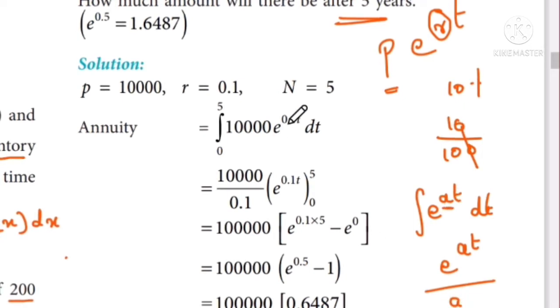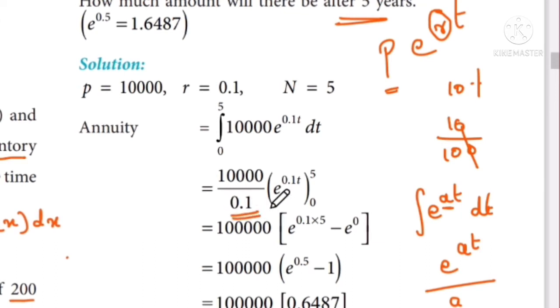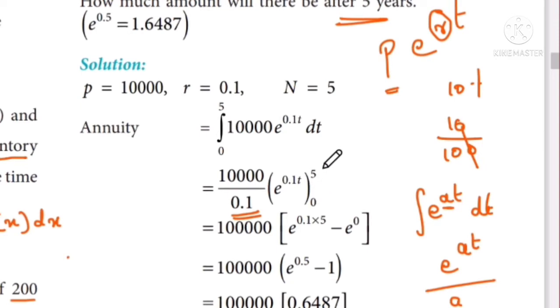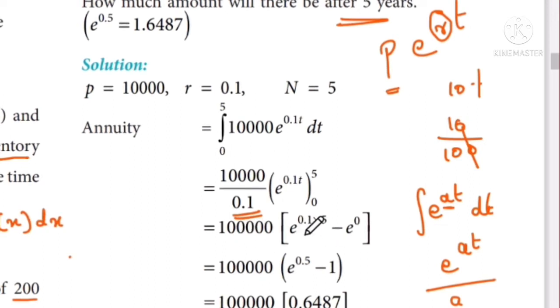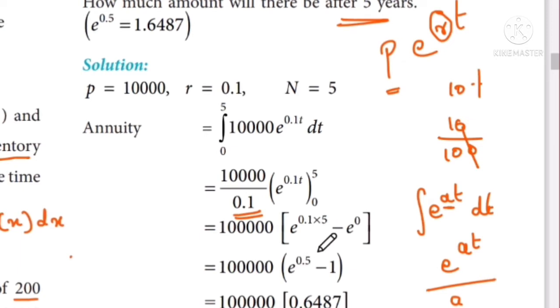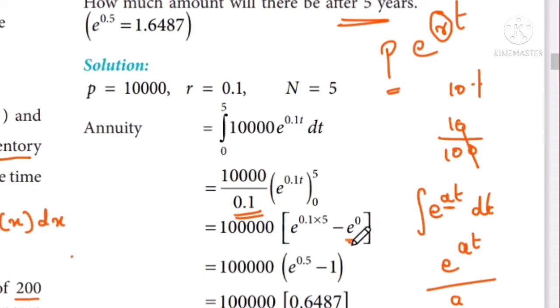So e power 0.1t divided by 0.1, and the limit is from 0 to 5. So apply the upper limit first. This is 10,000 by 0.1, add one more 0, it will become 1 lakh. e power 0.1 into 5 is 0.5, minus the lower limit e power 0. e power 0 value is 1. Now e power 0.5, the value is given